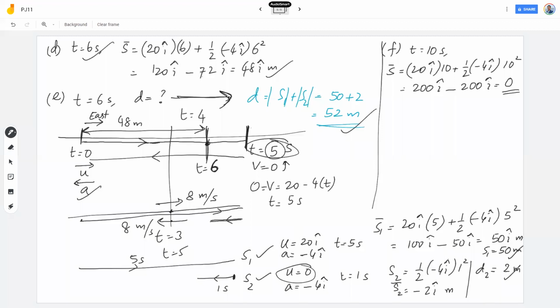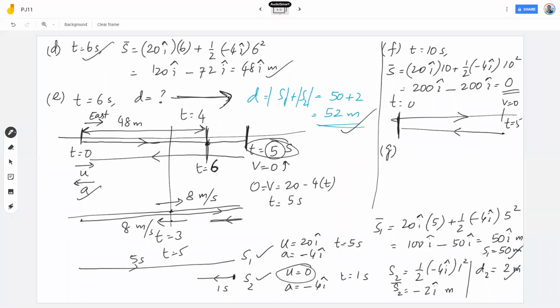Sir, why is it 0, sir? Can you explain from diagram? You see, you understood from t equal to 0, in 5 seconds, its velocity becomes 0, no? In 5 seconds, the particle comes from here to here. Next 5 seconds, what will it do? It goes from here to here only, which means in total 10 seconds, the particle will come back to initial point. That is why the displacement got to be 0 there.